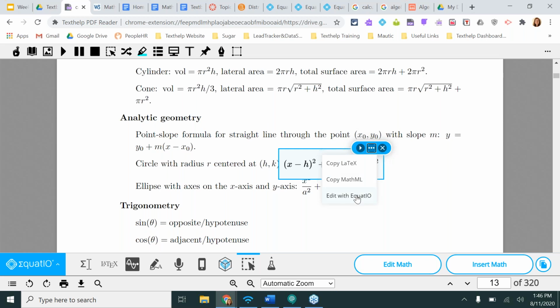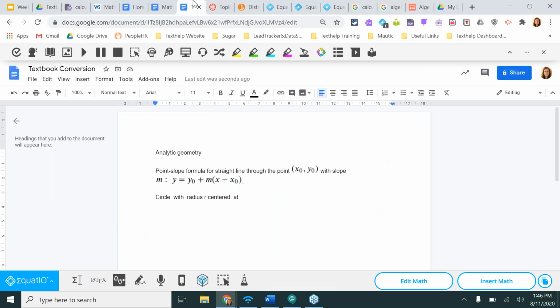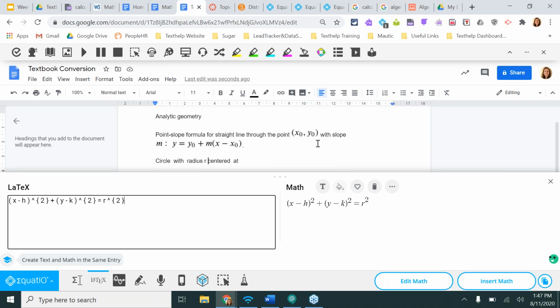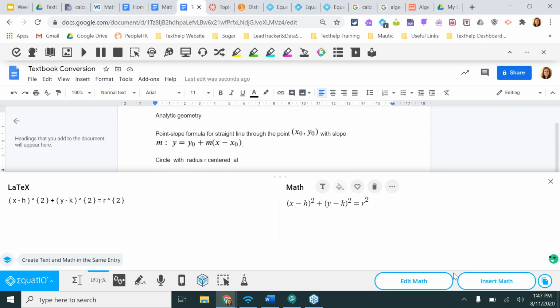There's a variety of different ways that I can do this. If I'm someone who wants to copy this to LaTeX and then insert it into a document, I can simply copy the LaTeX, go over to my textbook, click on my LaTeX editor, delete my last one, and paste it. So you can see my LaTeX pasted there, my equation pasted here. I want it to show up at the end of this sentence, and then I can simply click Insert Math here.